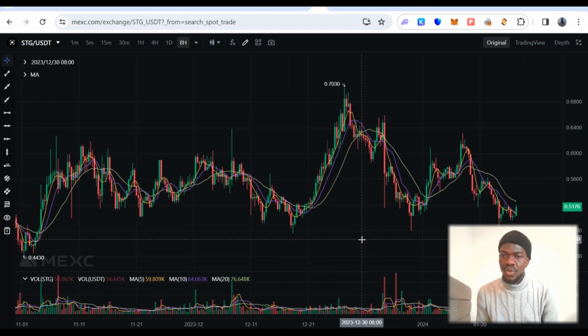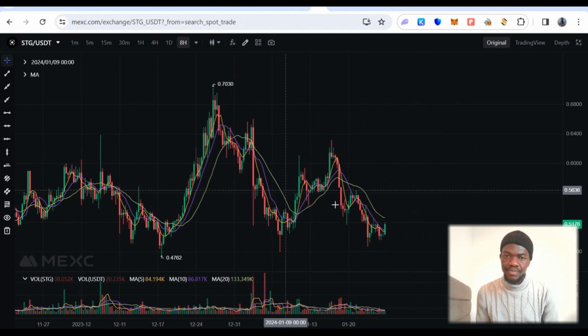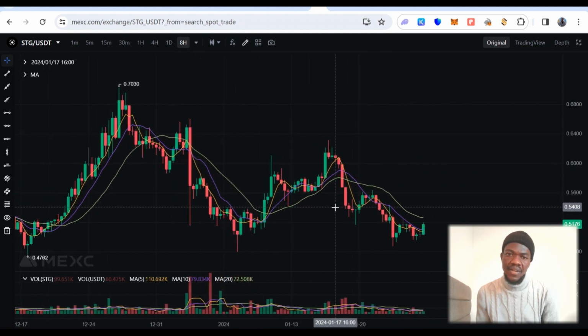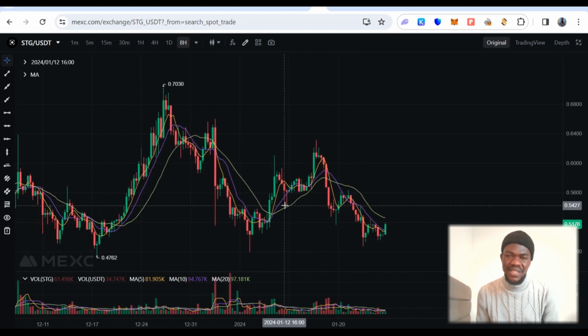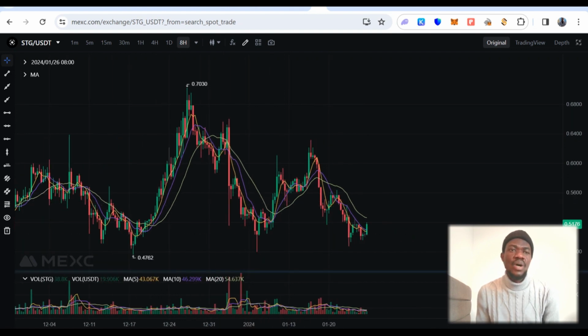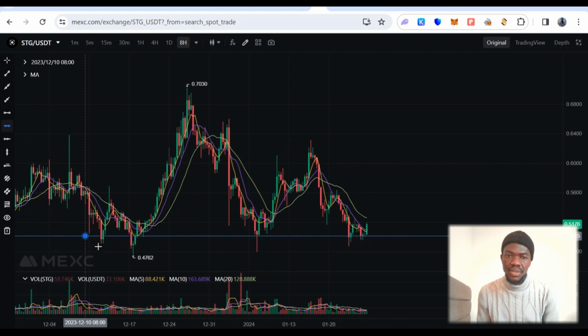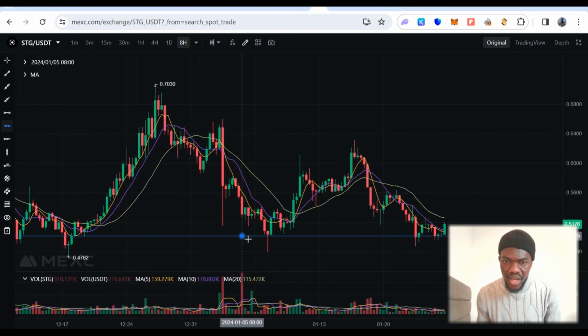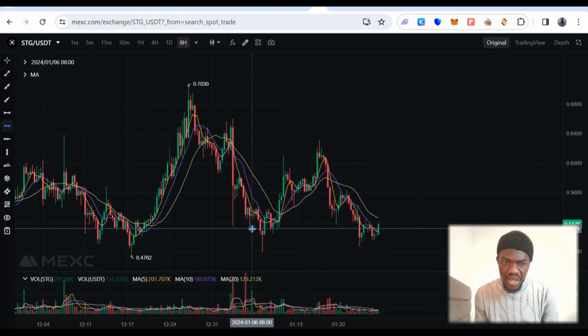So basically what I'm going to show you is how to use the top and bottom pattern or technical analysis to swing trade. It's basic and it's simple. So what you do is draw an extended horizontal line. Okay, so you can zoom in on this, and so if I zoom in on this